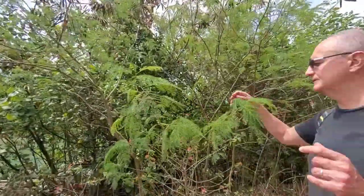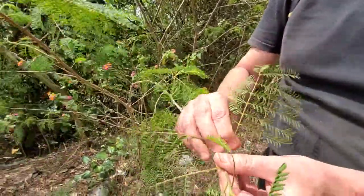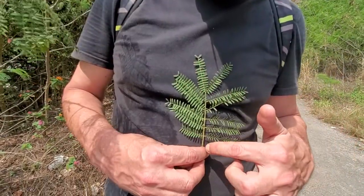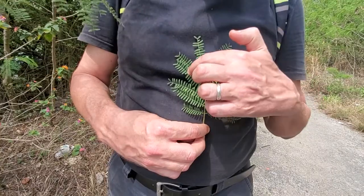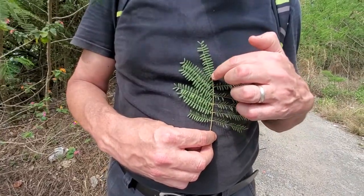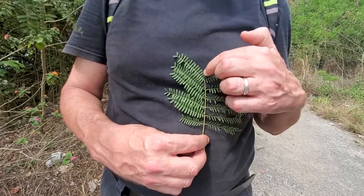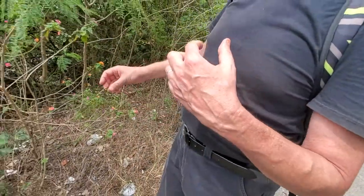There's one right here as well, and we can see the leaf. Right, we take one leaf. I'm sure they won't mind. It is double pinnate, so each leaflet is further cut into leaflets. And notice that there's no single leaflet at the end. Right, the leaf divides into two at the end. Leucocephala, and somewhere